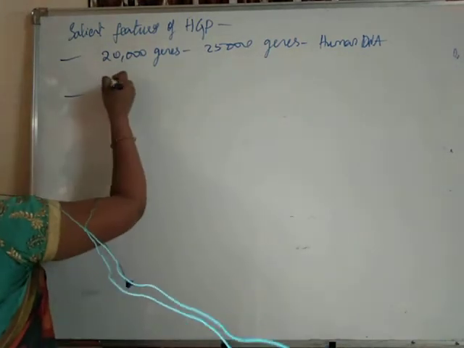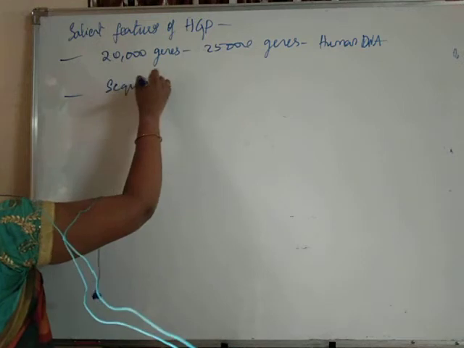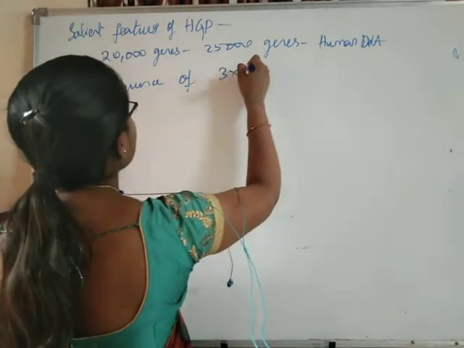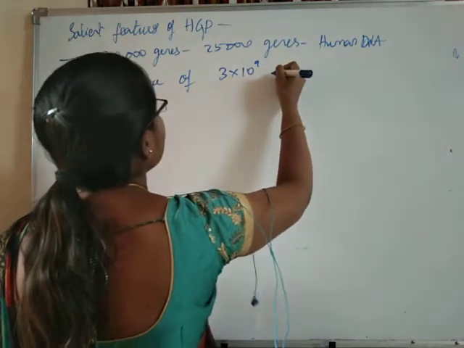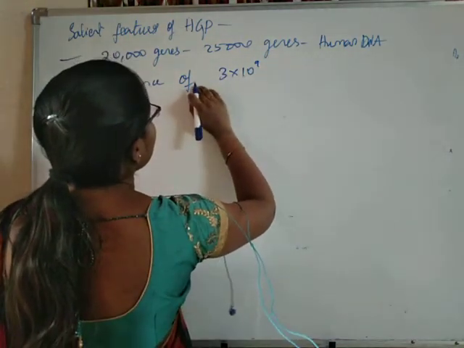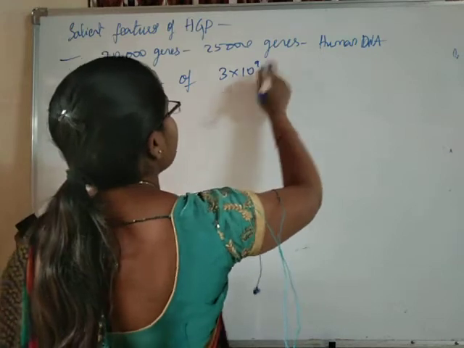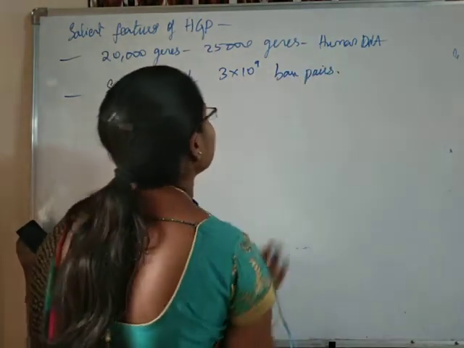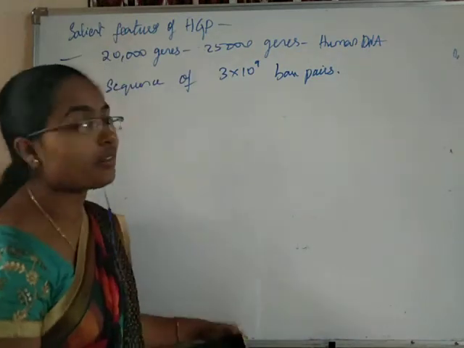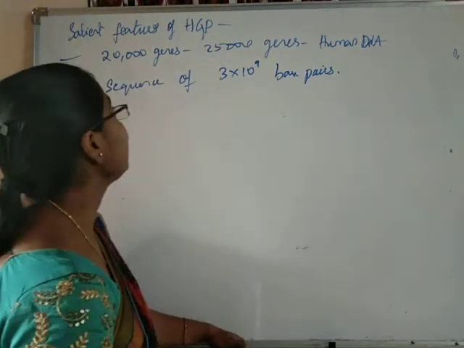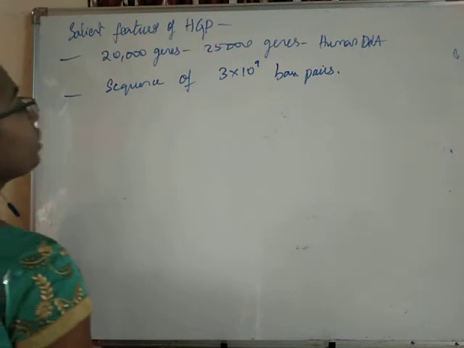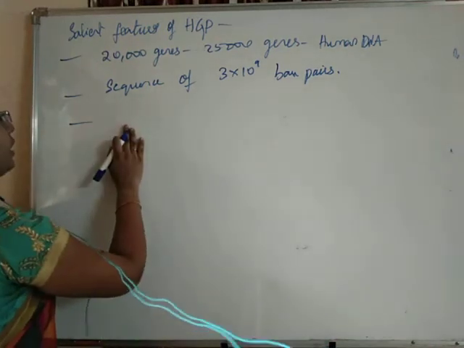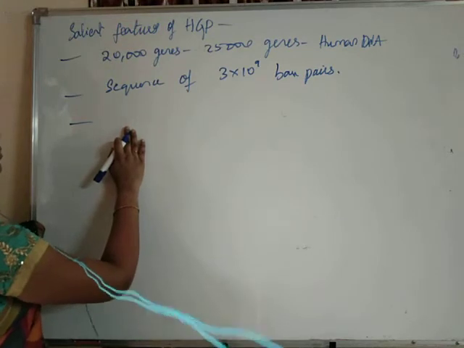And knowing the sequence of nearly 3 into 10 to the power of 9 base pairs. Knowing their sequences, what sequence of genes they are having, is also studied under the salient features of the Human Genome Project. And then students, it is helpful in understanding